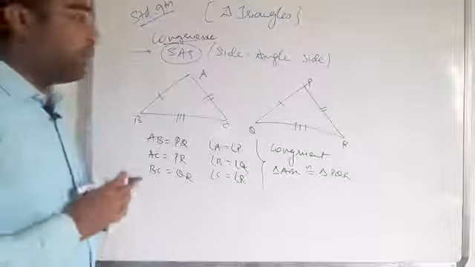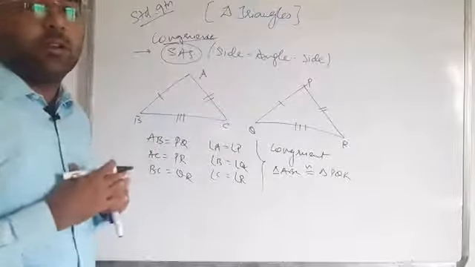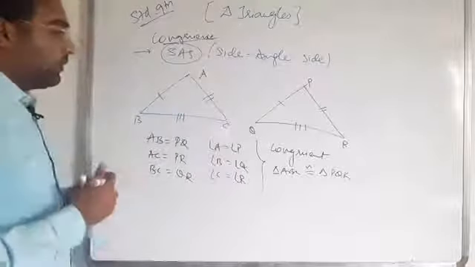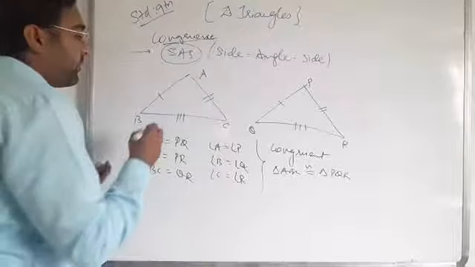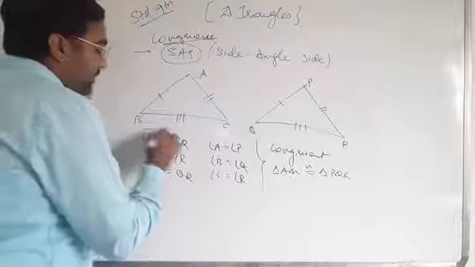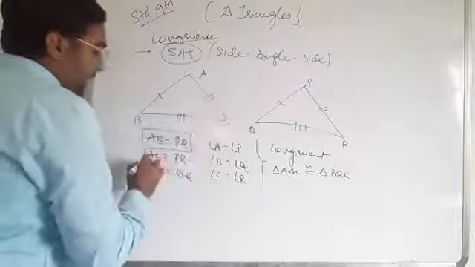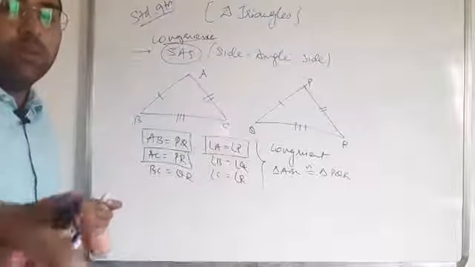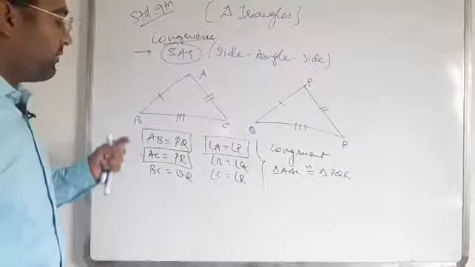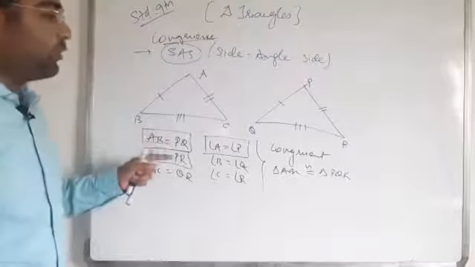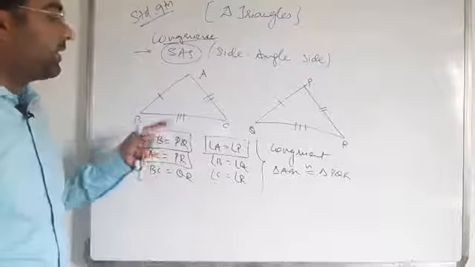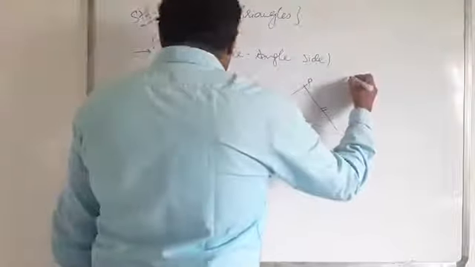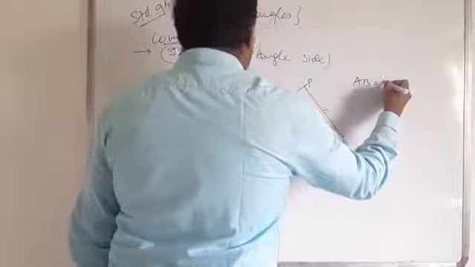If that are equal, then we have to say that both triangles are congruent. We do not need to prove all of the angles and all of the sides are equal. So I'll take one of the sides, AB to the PQ and AC to the PR, and the included angle A equal to P. We have to take AB equal to PQ, AC equal to PR, and angle A equal to angle P. So I'll take AB equal to PQ.